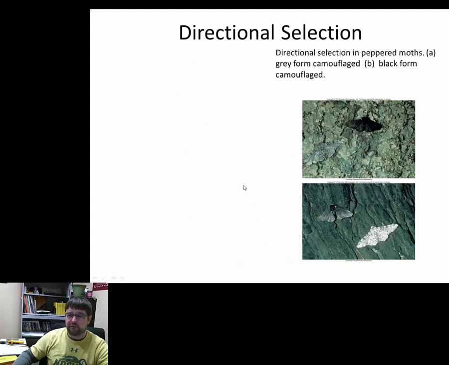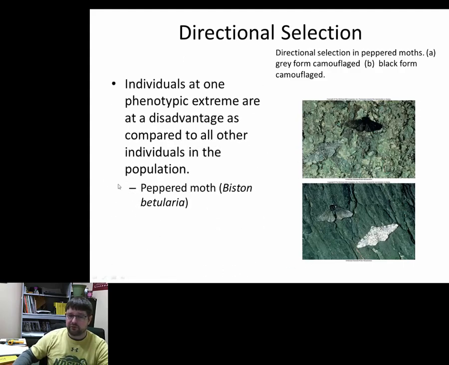Again, back to the peppered moth example and industrial melanism. Prior to the 1950s and the Industrial Revolution, we had this peppered form, white with black or gray spots, and it fits this background pretty well. They have paper birch in Europe, so most of this data is coming from Europe. The peppered moth has this coloration that fits the paper birch trees very well, so it's harder to pick them out. There's a moth right there.